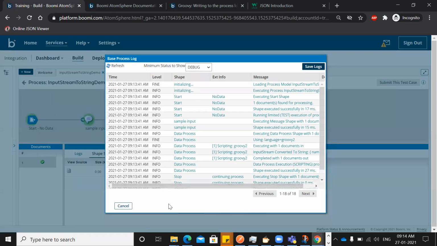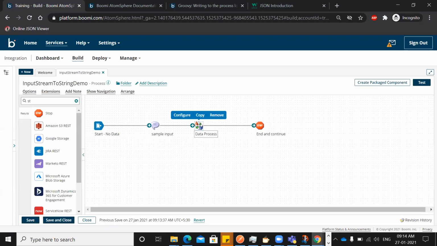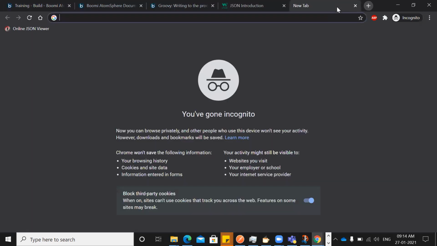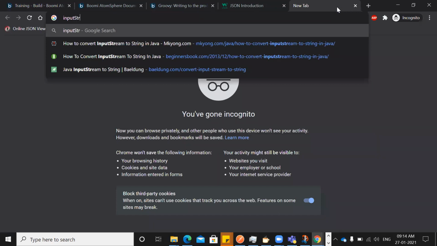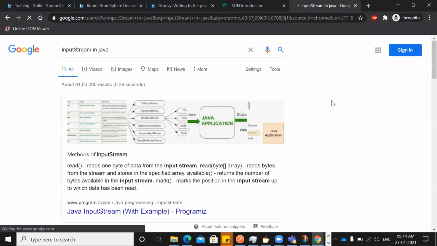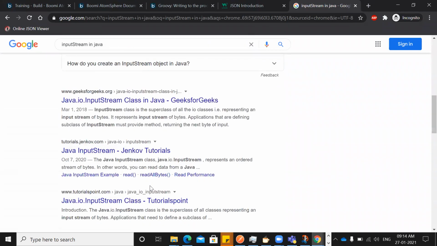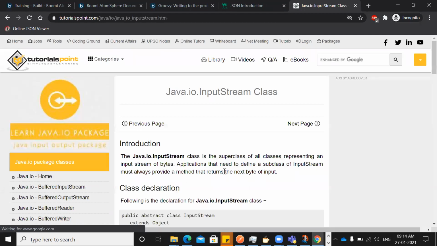If you want to convert this again, you are not getting an output over here, so there should be a function for the input stream. Why is it not written? Because the string function has already read the complete data. That's the reason the data is not available.